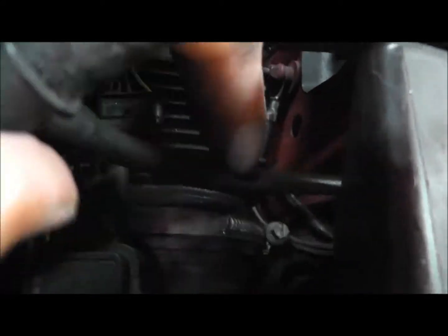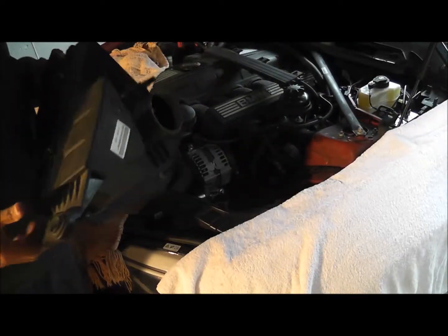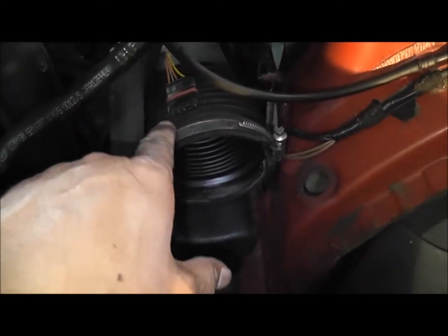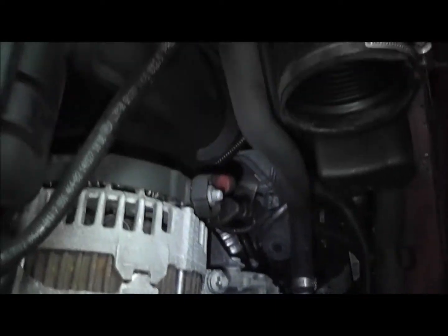When you take that screw out there, you've got a sensor here. You've got to pull this clip up, pull this out, and then this frees everything. Then you pull it out. Let's have a look. Show you. So that's one of the air sensors. And everything looks okay in here. Now we have to remove the air filter from the...